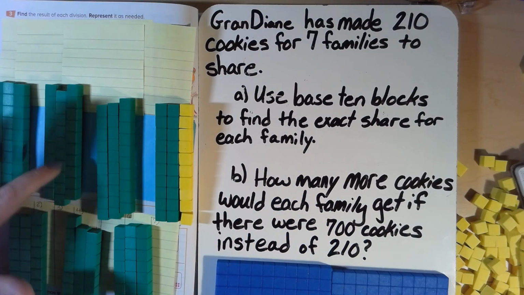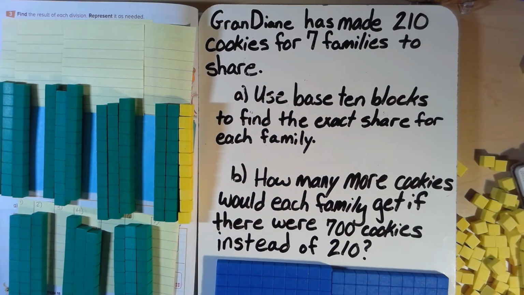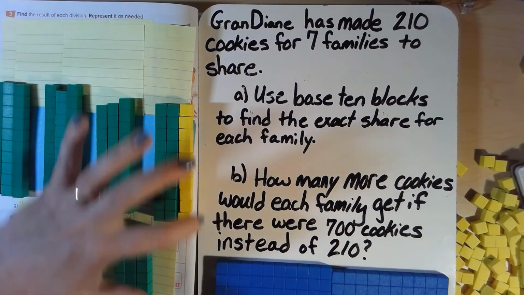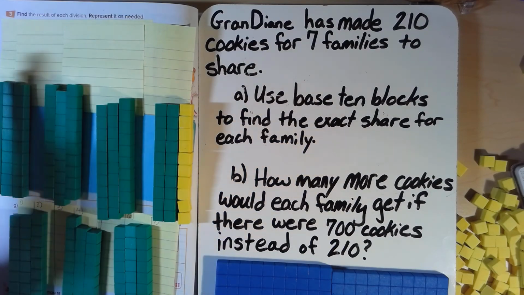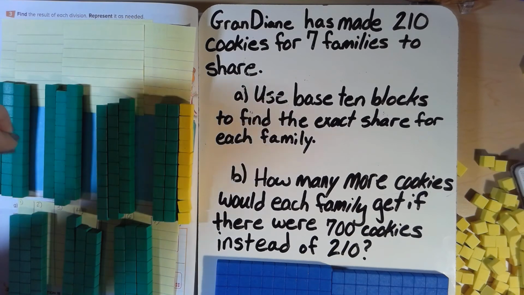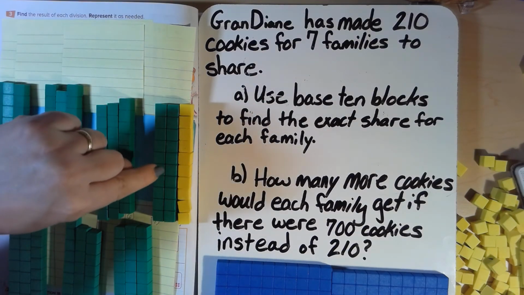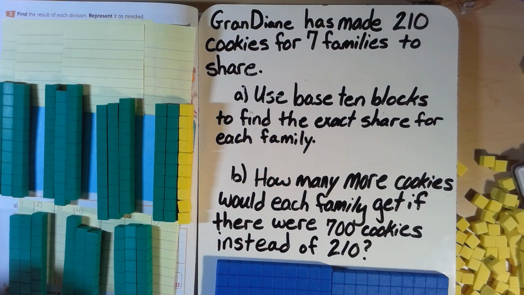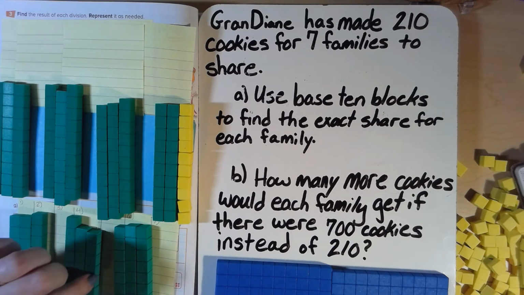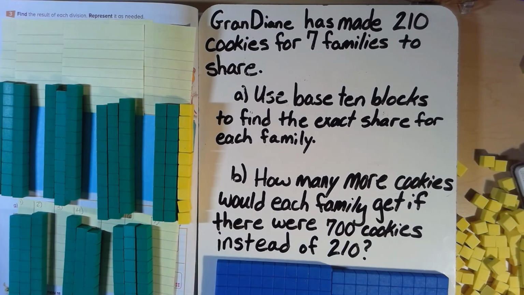I have 1, 2, 3, 4, 5, 6, 7 groups here. And 210, if I was to divide it into 7 groups, would be 30 in each group. Because I know 30 plus 30 is 60, 90, 120, 150, 180, 210. So yes,